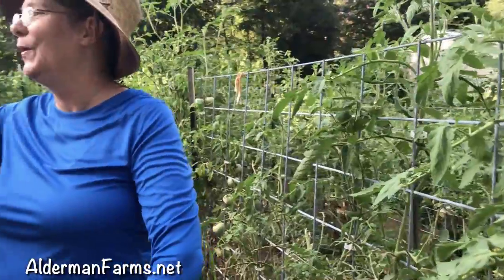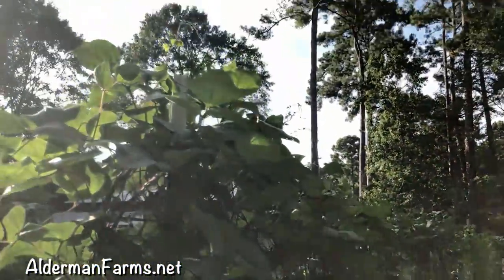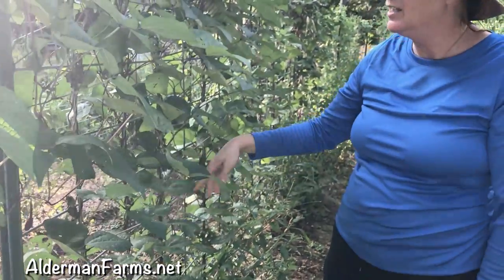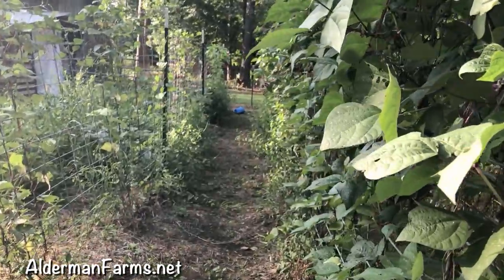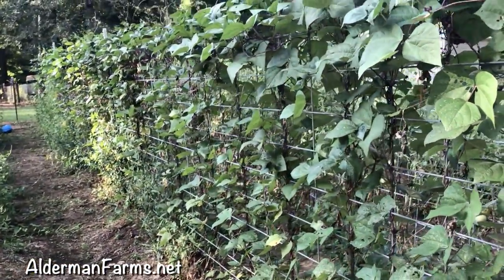But y'all, look at this. Woohoo! This is green beans. Hey, Spree. Spree is saying hello. I pick a handful at a time. Really, literally just a handful. I was hoping that we were going to be able to really pick some, and maybe